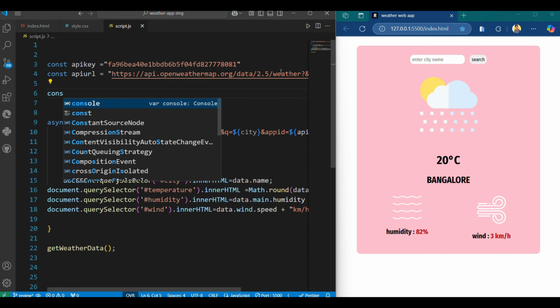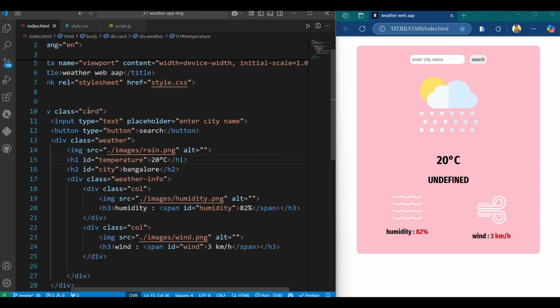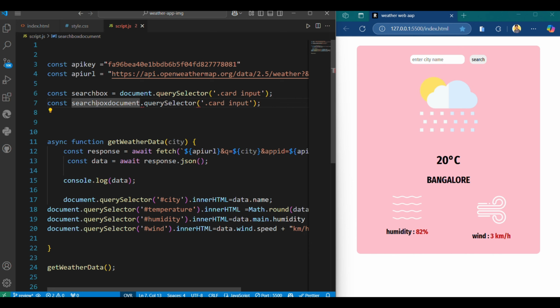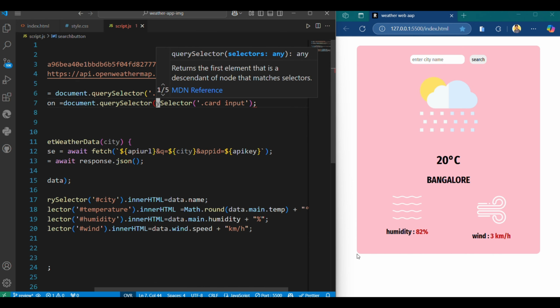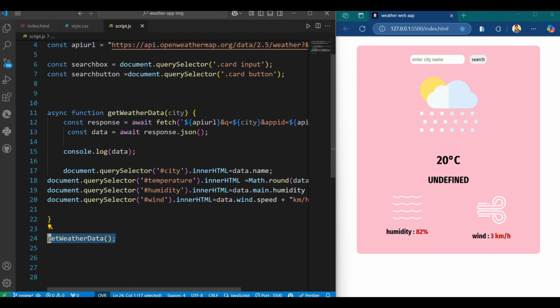Okay, and we are going to call the input field and button using querySelector. When the user presses the search button after entering the city, it will display that particular city's temperature, wind speed, humidity, etc.